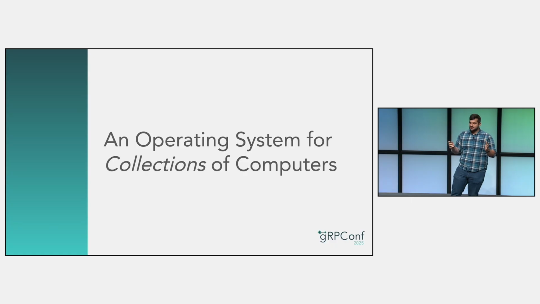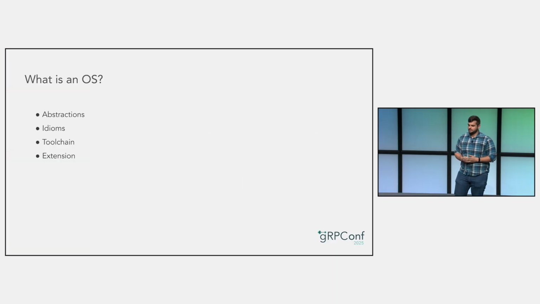So if Kubernetes is an operating system, then what is an operating system? Let's take Linux as an example. Well, first and foremost, an operating system is a collection of abstractions. If it were easier to develop without the operating system at all, then you wouldn't be using that operating system. The exact abstractions provided differ from platform to platform. So for example, Android provides different abstractions from Linux.